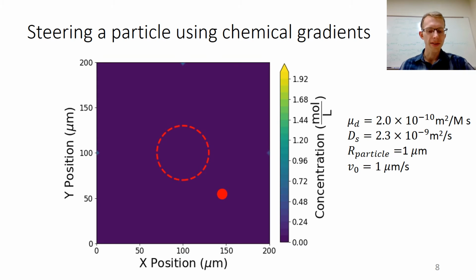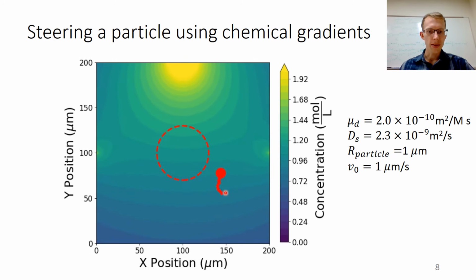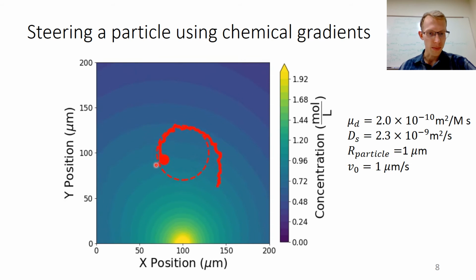So let's see how it does. As you can see, there's a significant degree of Brownian motion. Around the outside, the four sources of the chemical reaction alternate releasing the solute to make sure that the particle is always moving up the gradient lines. Despite the Brownian motion, there is a little bit of error, but it looks like it does pretty well at